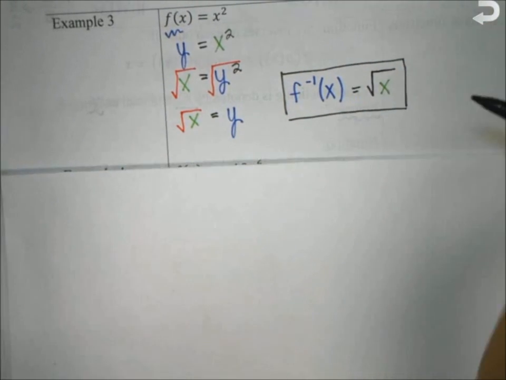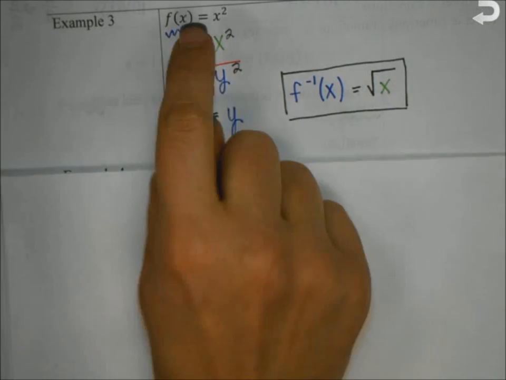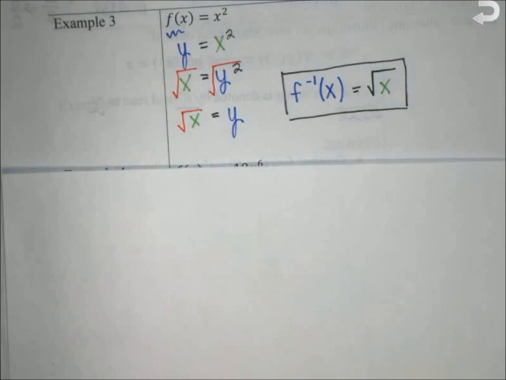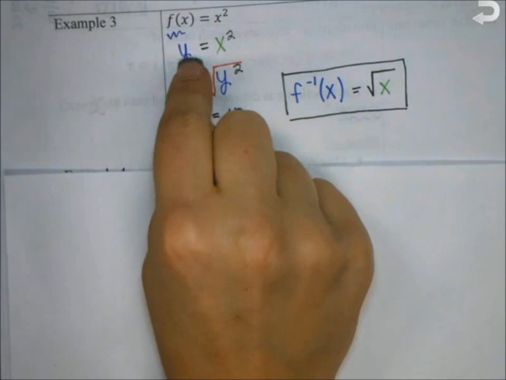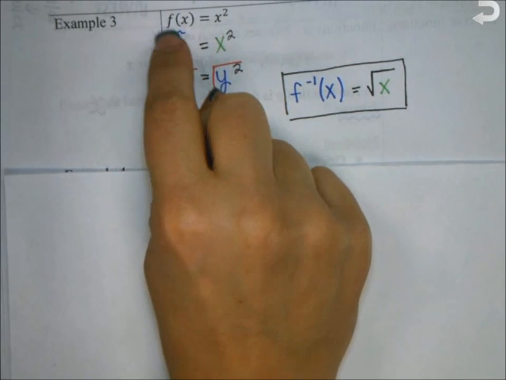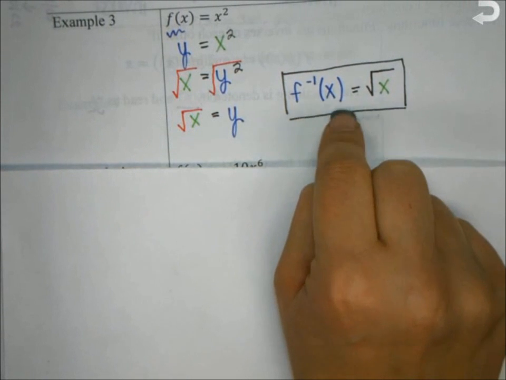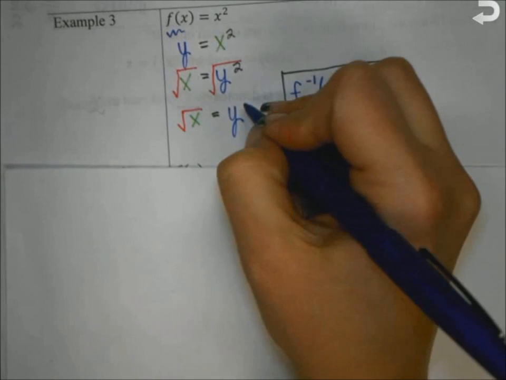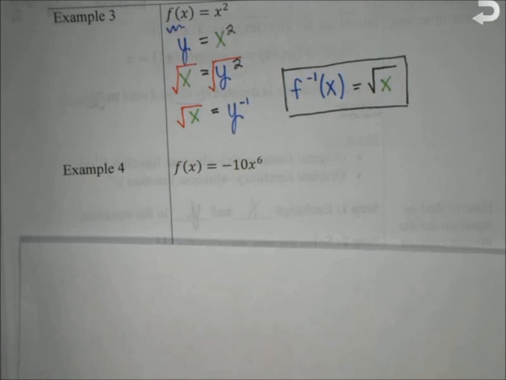All I did here was I changed f of x to y just so that we're following the same steps that we've been doing, because f of x and y mean the same thing. Okay? But because my original problem had f of x as my function, I just need to make sure that my answer is f inverse of x. So that's the only reason why they changed. Okay? Otherwise, we could rewrite this as y inverse, right? Okay? So example 4. F of x equals -10 x to the 6